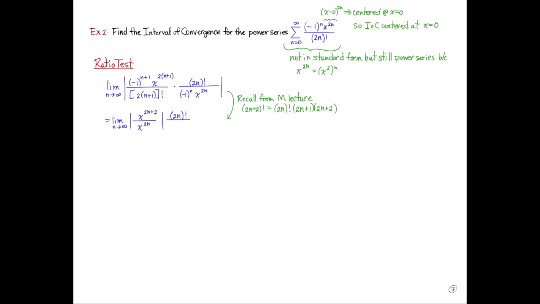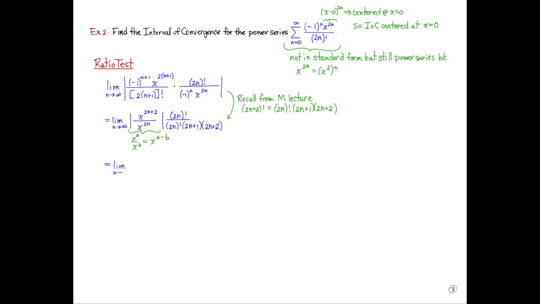Subbing that in our denominator, we have (2n) factorial times (2n+1) times (2n+2). To simplify this, we can use our exponential rule that x^a over x^b is equal to x^(a-b), giving us the limit